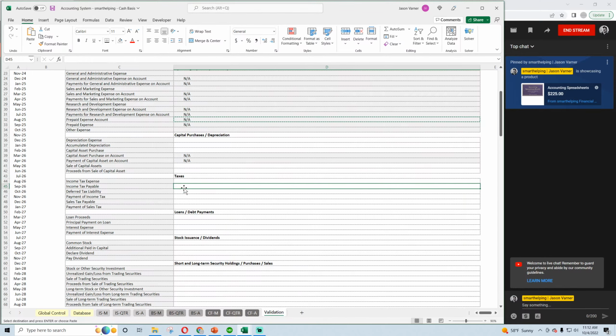Now for this, for cash basis, I don't think you're worried about deferred tax liabilities or sales tax payable. No, but this is one of those where you'd put sales tax payable and the sales tax in the same period. Deferred tax liability,